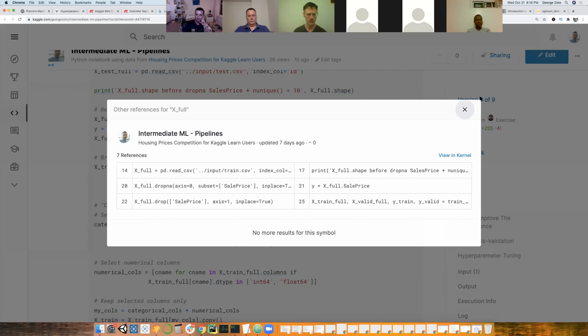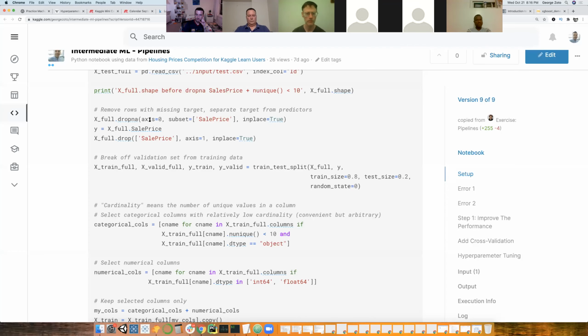I think that's actually your target class. Oh, I see. Yeah, so this is what I was saying before. You're dropping any row where the sales price is missing. Then you set the target as the sales price, and then you drop it from your features so that you can do your modeling.